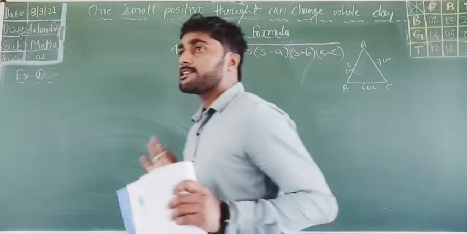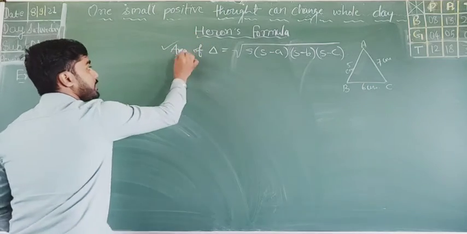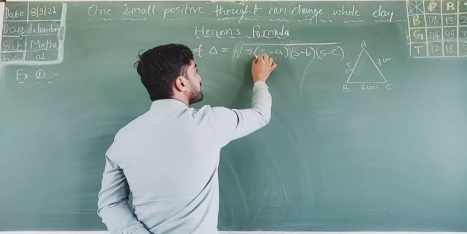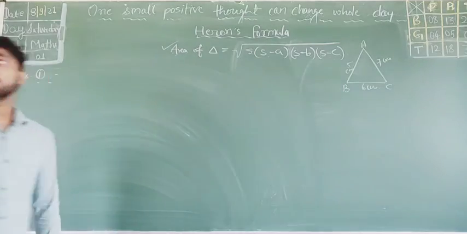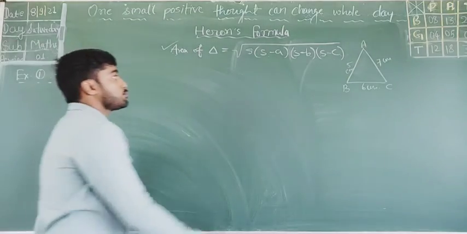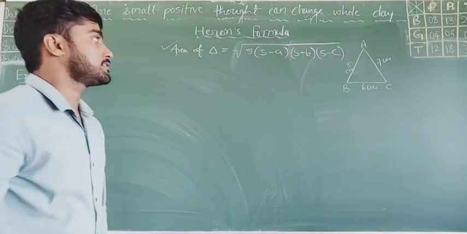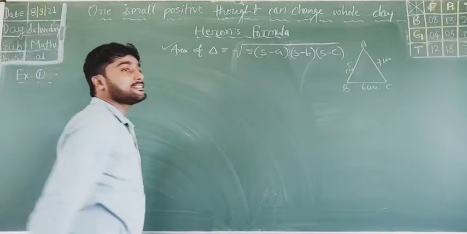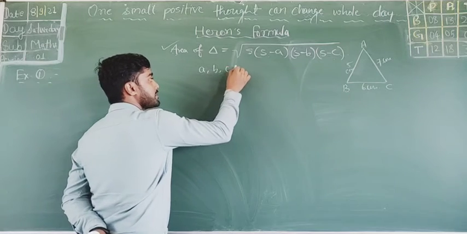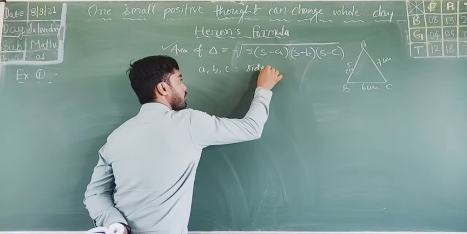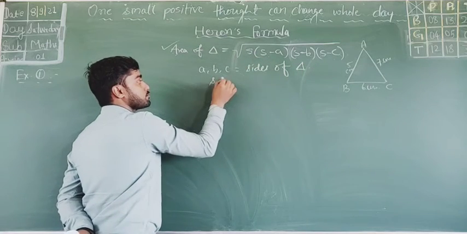So when three sides are given, you have to find the area by this formula. Area of triangle equals the square root of S into (S minus A) into (S minus B) into (S minus C), where A, B, C are the sides of this triangle. Suppose A equals 5, B equals 7 and C equals 6 centimeter. And what is S? Firstly I have to write here that A, B and C are sides of the triangle. And second thing, what is S? So S is